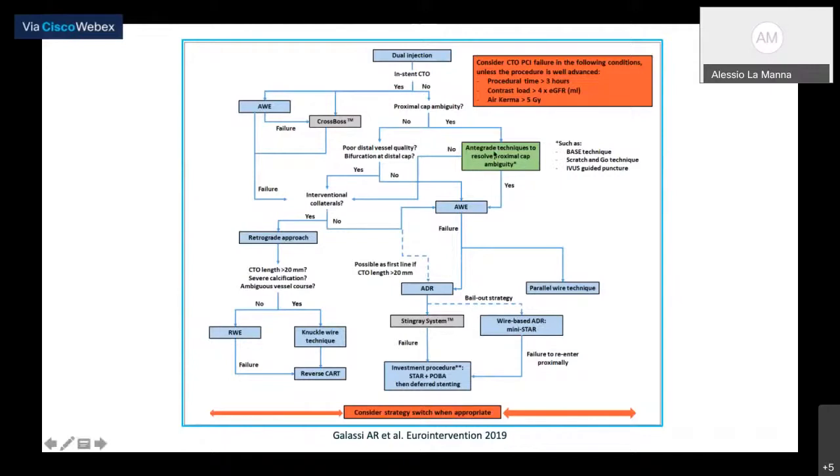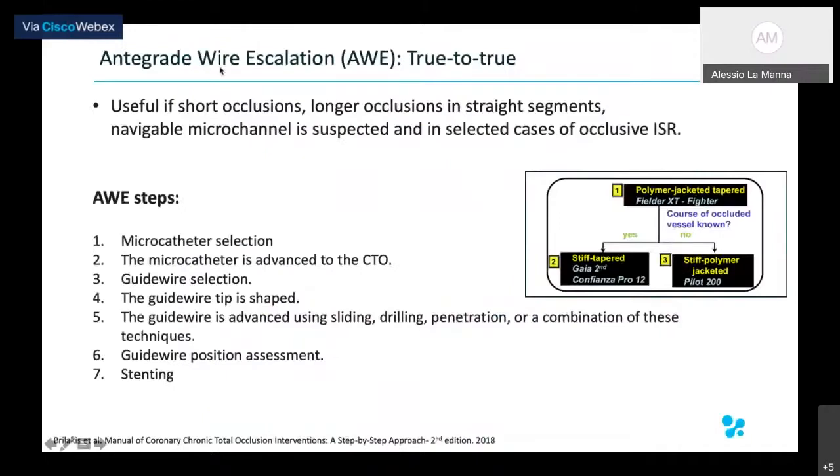There are several ways to face these lesions using the Antegrade techniques. The first one is the Antegrade wire escalation technique. This is based on the use of a microcatheter and wires in order to go from the proximal true lumen to the distal true lumen, keeping the system in the intimal space. This is mainly used in case of less complex lesions, so short occlusions or longer occlusions in straight segments, or in those cases where navigable microchannels are suspected, and in some cases of